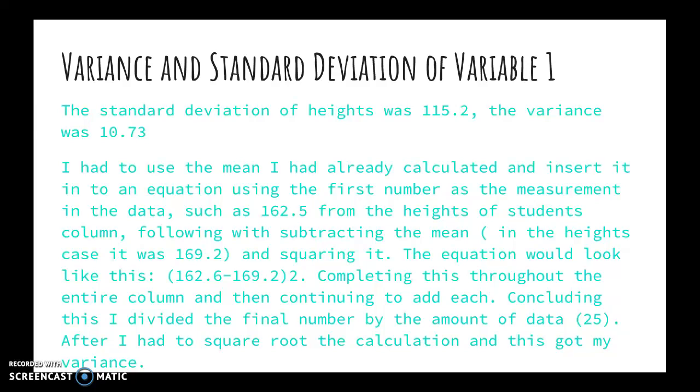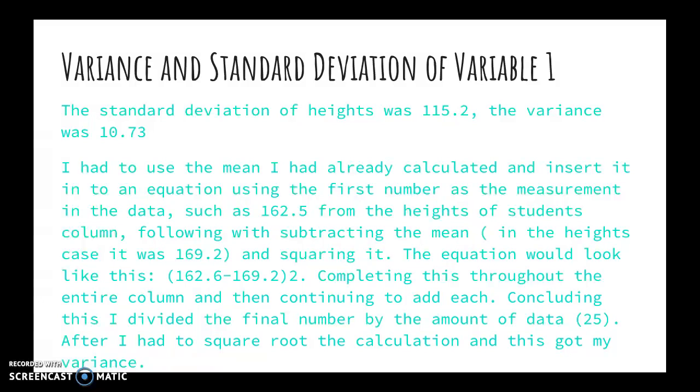Variance and standard deviation of variable 1. The standard deviation of heights was 115.2 and the variance was 10.73. I had to use the mean I had already calculated and insert it into the equation using the first number as a measurement in the data, such as 162.5 from the heights of students column. Following with subtracting the mean, in the heights case it was 169.2, and squaring it. The equation would look like this: